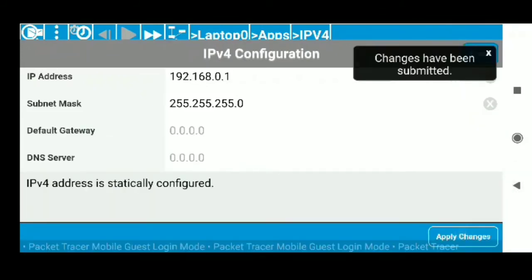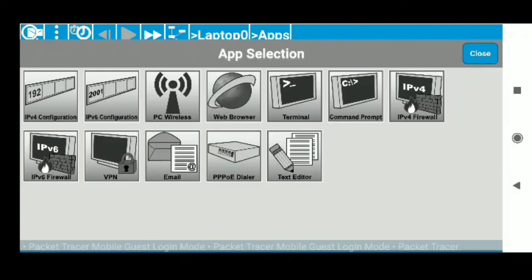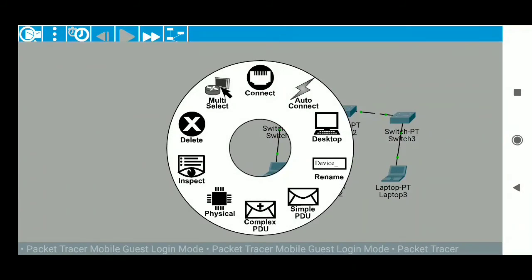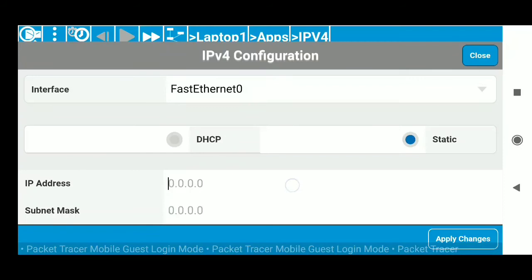The subnet mask for all the laptops is the same, and then save the changes. Similarly do for the other 3 laptops, but you have to change the IP address for the other laptops as shown in this video.